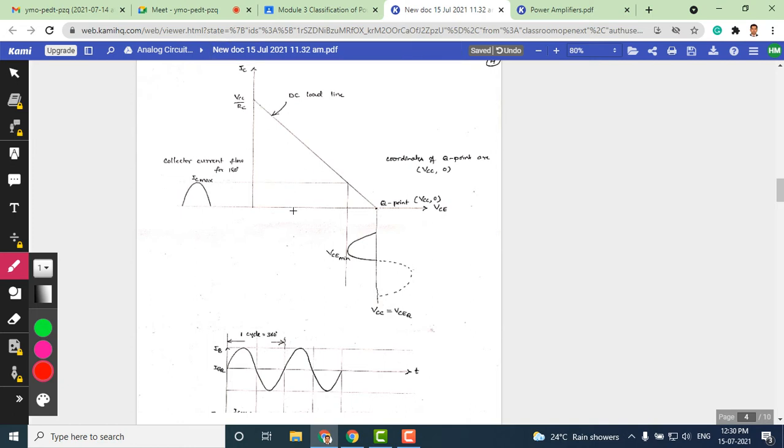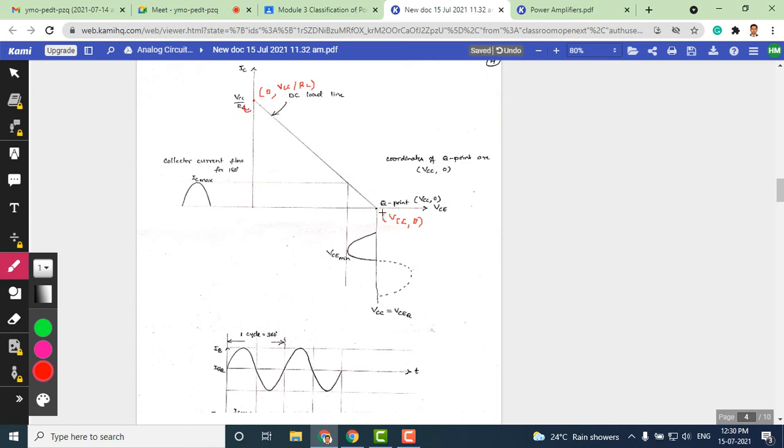waveforms, graphical waveform. As you can see here, we have not shown the complete output characteristics, even though it is not relevant here. Of course, what is important for us is where is Q point located, and we have shown here the DC load line. Okay, this is a DC load line, and this extreme ends, you can see that this point is VCC comma 0, and this point is 0 comma VCC by RL here. It is not RC, it is RL, load resistor.